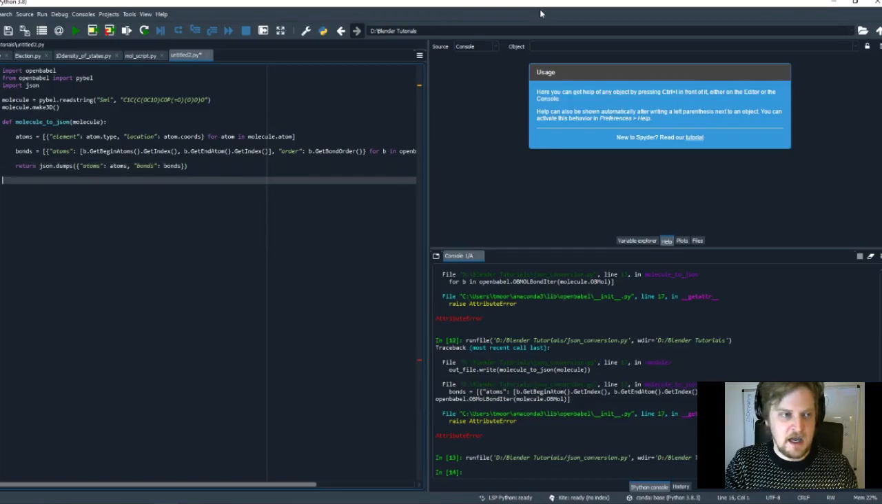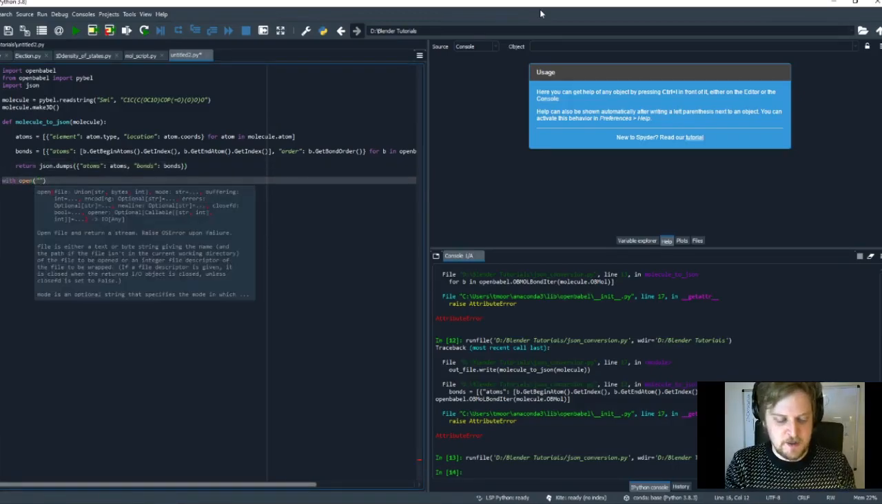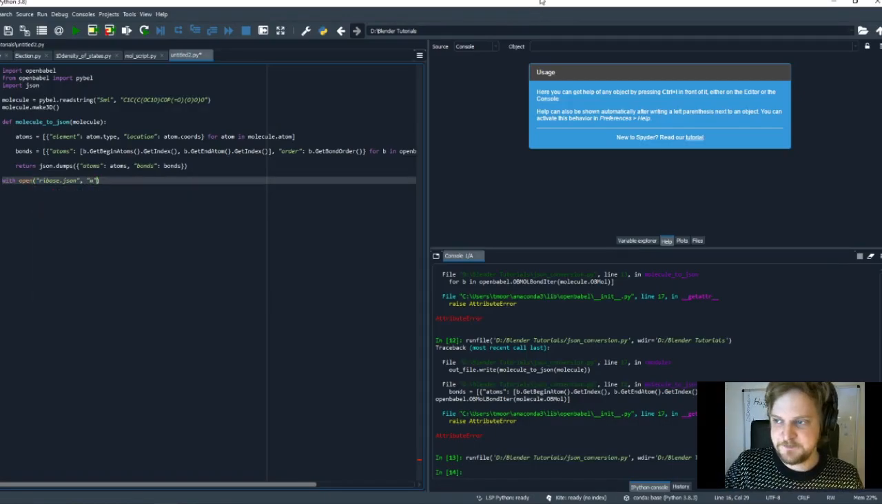Excellent. And now we need to actually save this file. So we can call this ribose for now. I know it's deoxyribose and it means something different, but you know, I'm not a chemist or a biologist. I'm just a dumb physicist, and I don't know the difference. And we're writing to this file